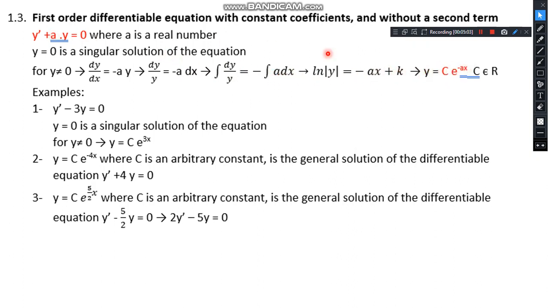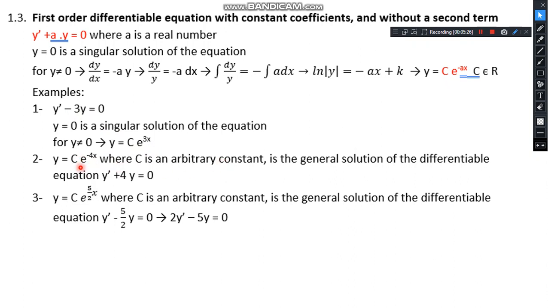So directly memorize it. If you have y prime minus 3y is 0, this is of this form. Directly y equal to 0 is a single solution, don't forget. Say for y not 0, we have y equal c e power minus ax. Here a is minus 3, so c e power 3x. And if you have y equals c e minus 4x, this is